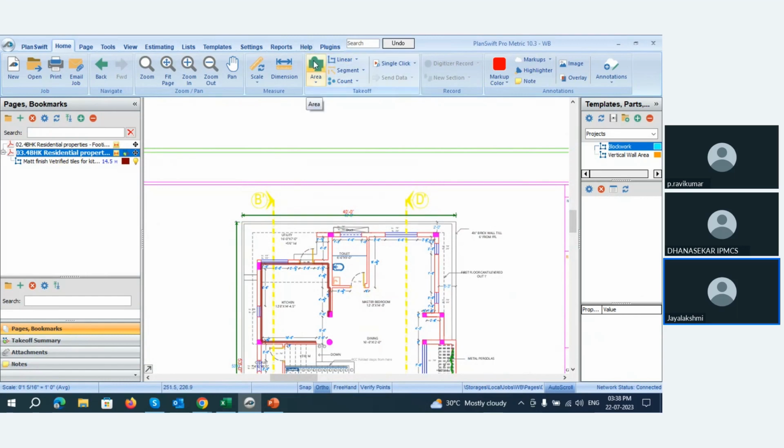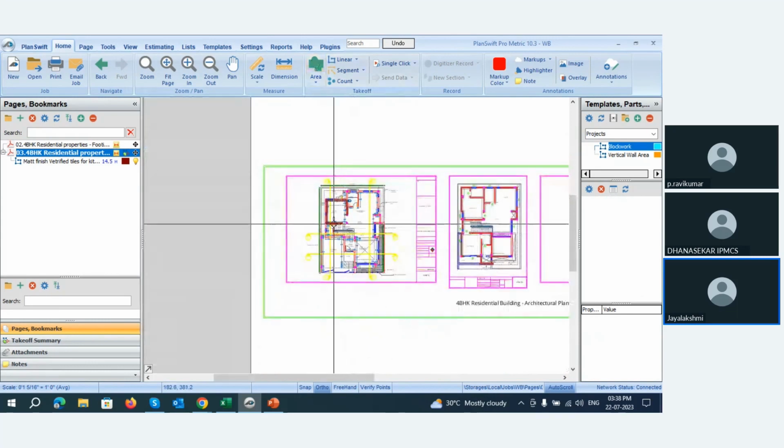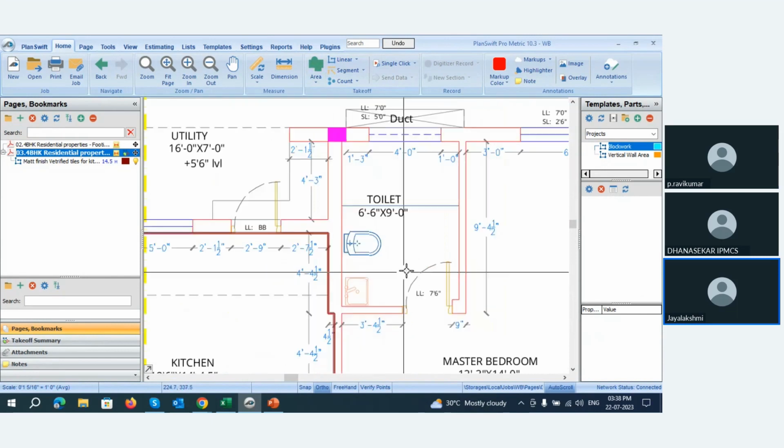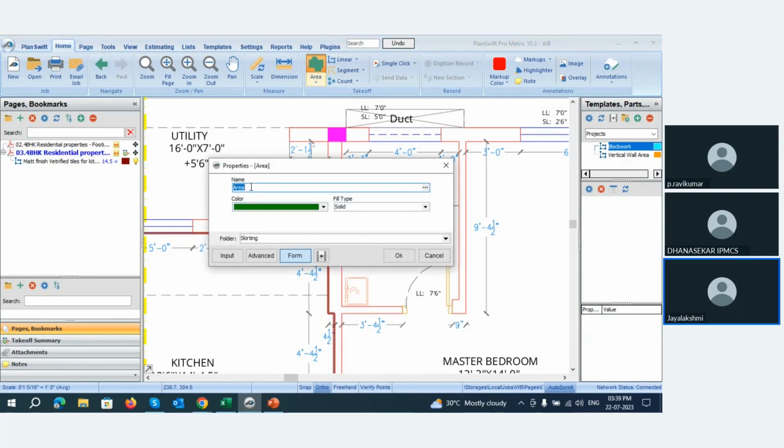Let's take the area of bathroom. So in the ground floor, we have 2 bathrooms. Here is one and here is another one. So we will be taking the area of both. For that, I'll be clicking on this area option and will be typing the name. I will be measuring the floor area for tiling, so I'll be mentioning the tile detail here: tile for bathroom,